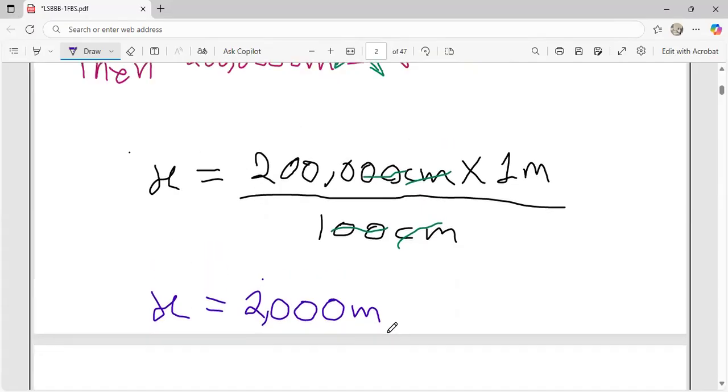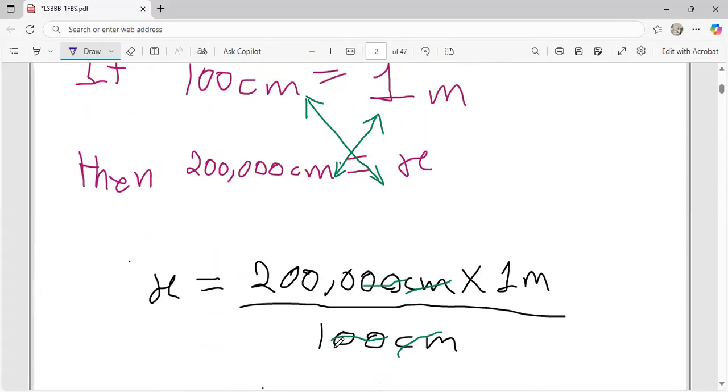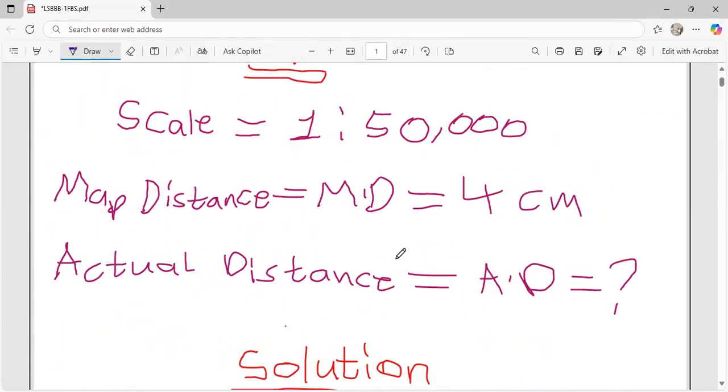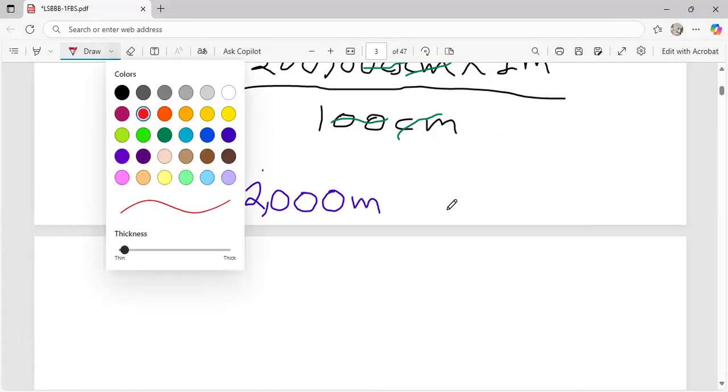Okay. So since x is equal to 2000 meters, it implies that our actual distance between the 2 points is 2000 meters. 2000 meters is also the same as 2 kilometers because 1000 meters makes 1 kilometer. So if you want to write your answer in kilometers, if you do the conversion, you realize that